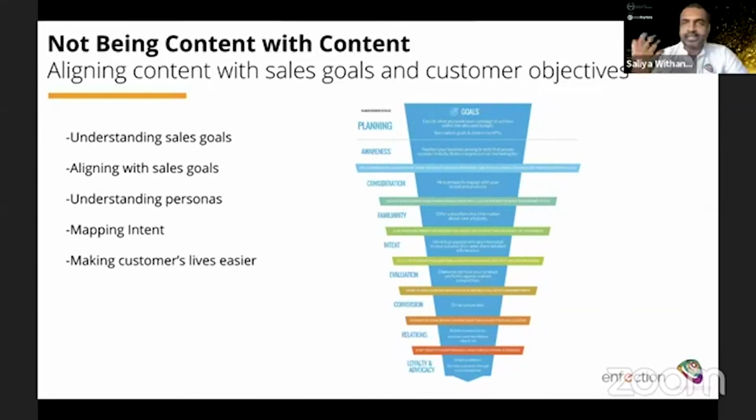Data will play an important part, but it's no point having data if you can't create any contextual insights out of it. So that's why you need to marry your data, look at your funnel, break it down as much as possible, figure out the ideal funnel for you. There are certain things that you can do. You can map the intent of your potential audience, look at your Google Search Console. What are people searching for in your domain? Does your content align to that? Is your funnel aligned with that?